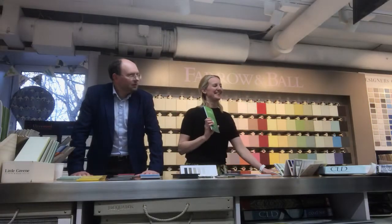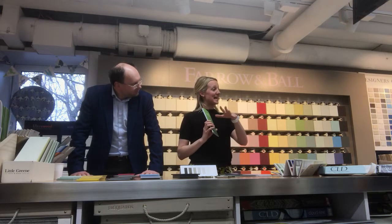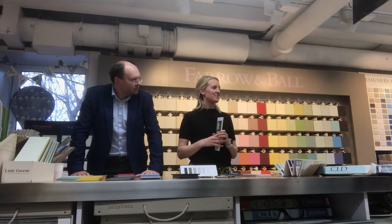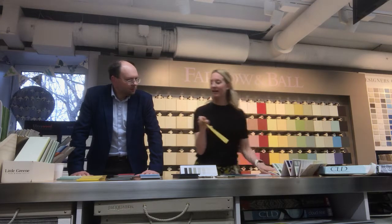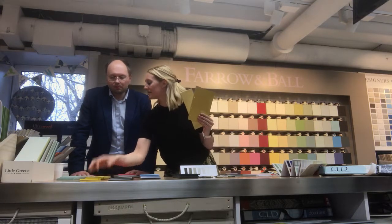Maybe a secret at the moment, but we can see that there's a shift at the moment towards yellow. So colours are getting warmer again. Yeah, people are moving towards colours like yellow, pink and mustard, and